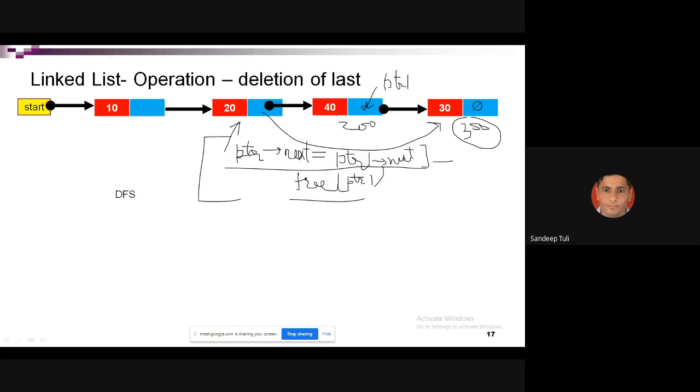But in that case, one problem is there. We are maintaining two pointers, PTR and PTR1. So it is occupying double space, more space. Virtually, eventually, I should say more space. That can be done with only a single pointer also. So can anybody tell me how it can be done with the help of a single pointer?